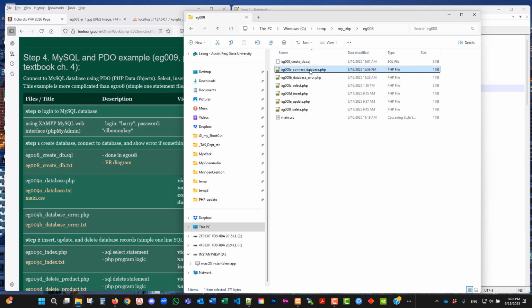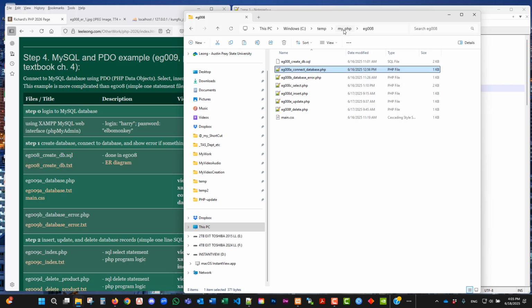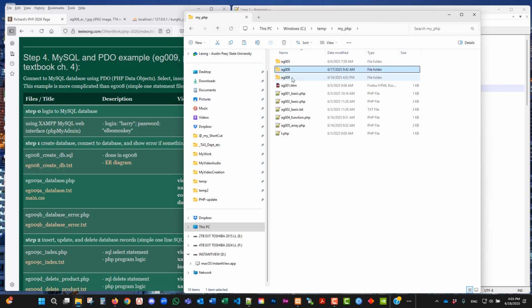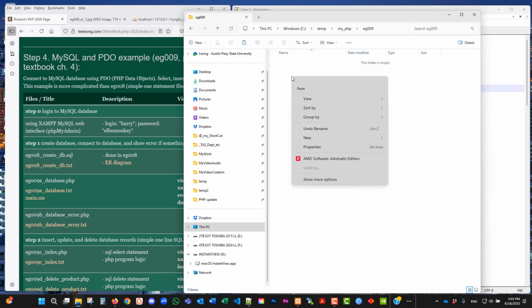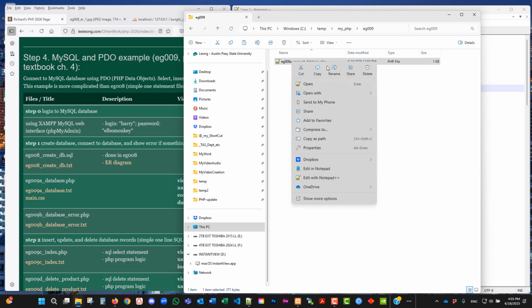eg008a connect database. Copy this file. Go back to the new folder we have created and paste, right click paste eg009. So you go over to the old folder, right click copy, come over here, right click paste, and you copy the file, and then you rename the file, right click rename